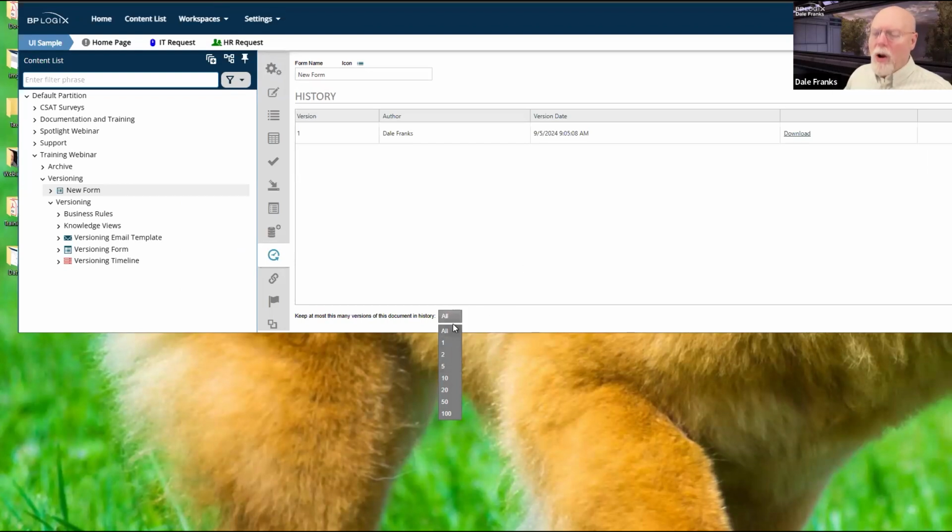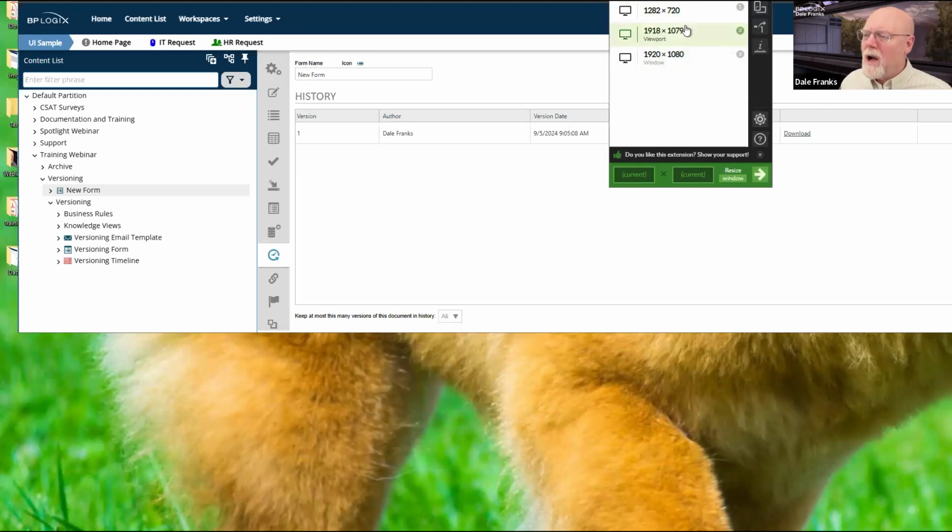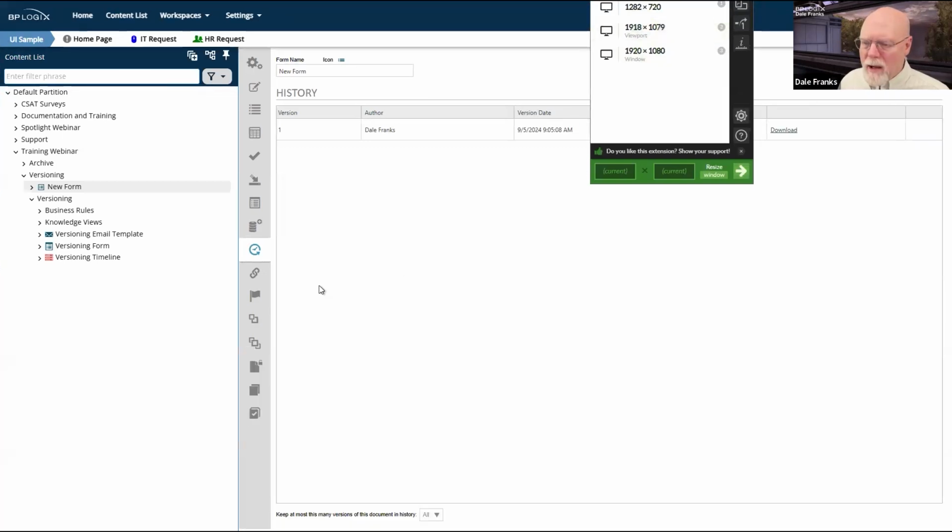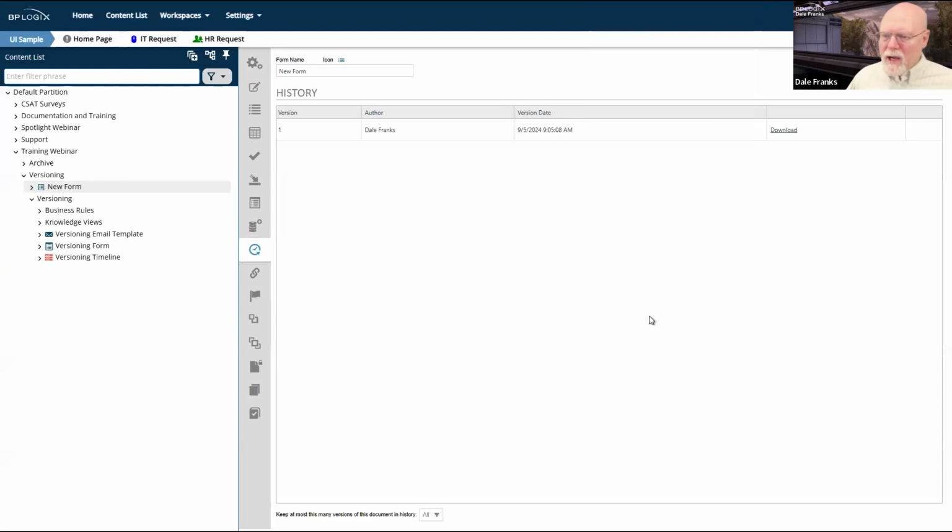Although no, all is the standard, which means it will keep. But I think that will max out at 100. If I'm remembering correctly, it maxes out at 100. I think that is the default in Process Director, although you can change this via a custom variable. I think the default is to maintain a list of 100. This is essentially a knowledge view, and I think the default built into the system is 100, although you can, as I said, via a custom variable, change the number of items that remain in that list. In any event, it has saved stuff.